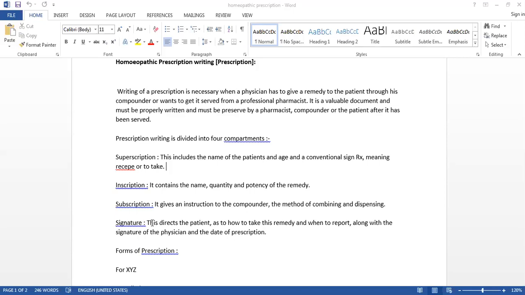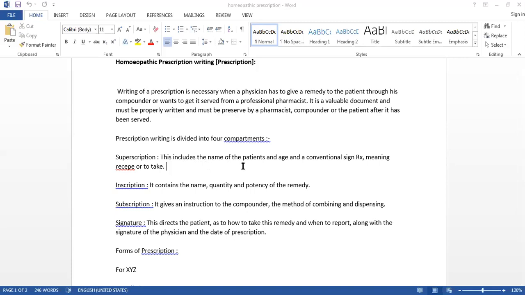And the last one is you should prescribe the minimum dose. And what you should not prescribe, that is your question. Now we will see the parts of this prescription. So the first part, as we have seen in the norms, is the superscription. This superscription includes the name of the patient. Why is the name of the patient important? It should be at the top.